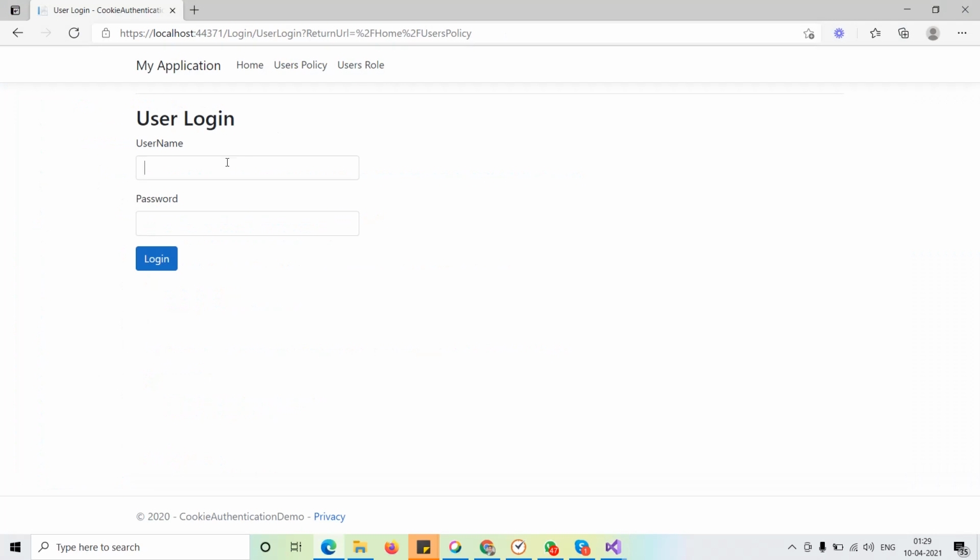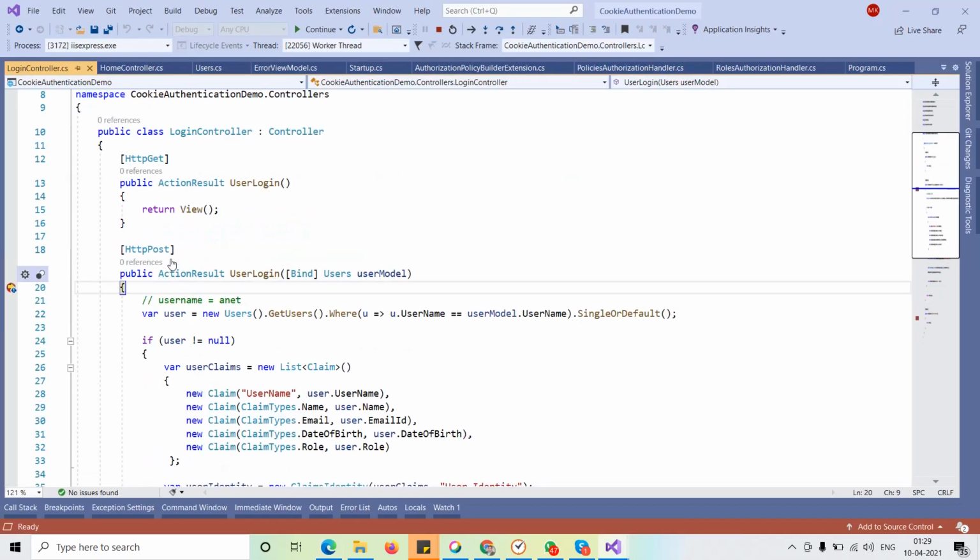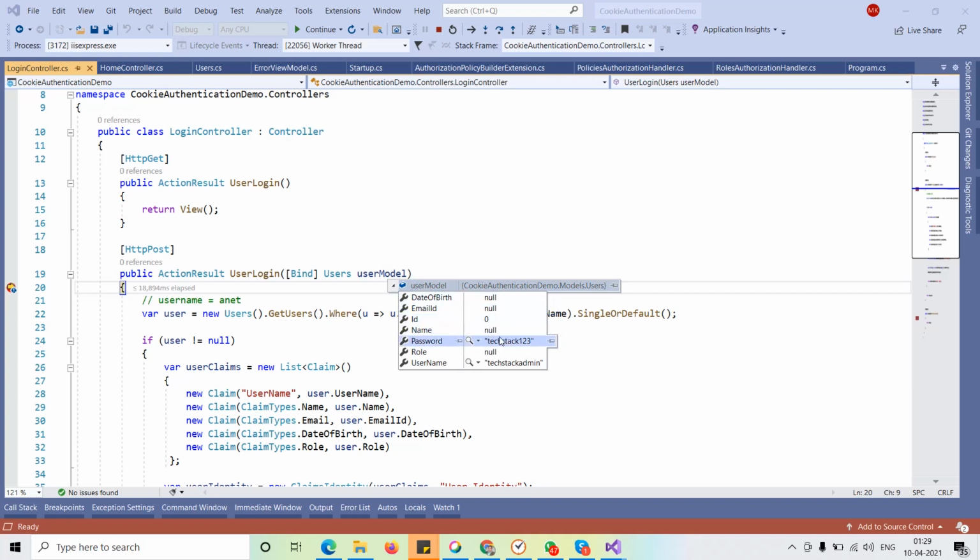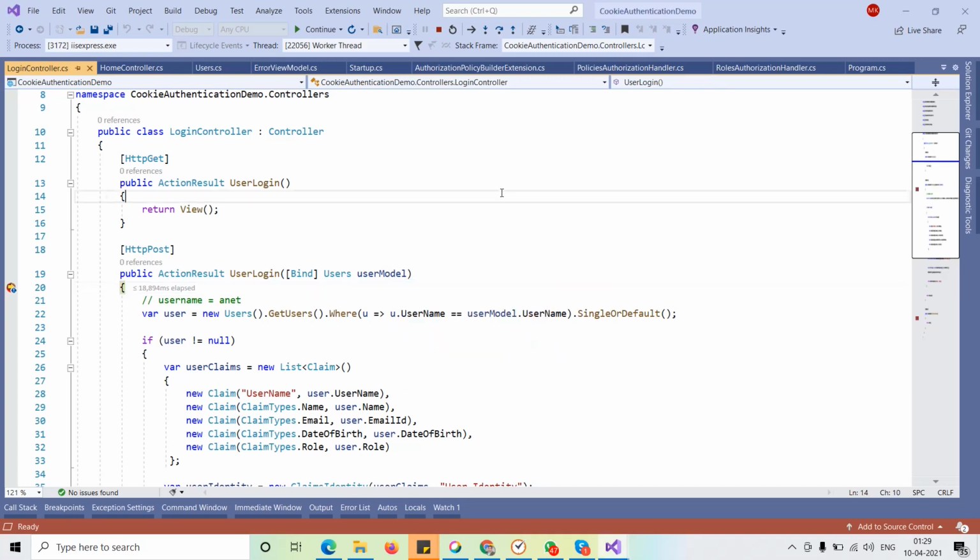So you are here. Okay, so let me log in with TechStack admin first, and the password is TechStack123. Let me check the login. So here you will see that I got the username and password here.